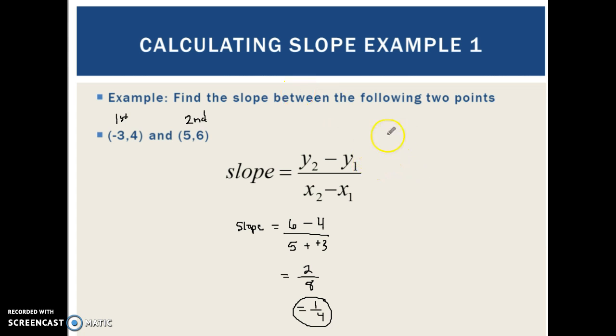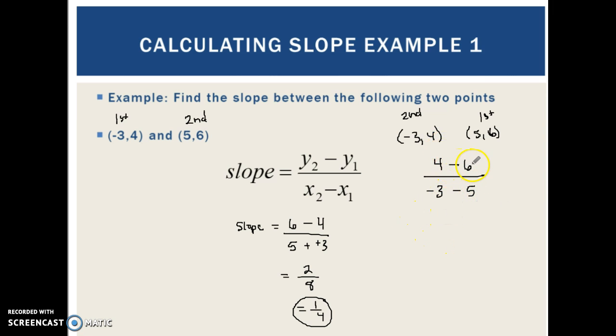Now I want to show you that even if you switch the order of these 2 points, and let's say we identify this one as our second point and this one as our first point, you actually get the same answer. So it doesn't matter which one you choose first. So in this case, setting it up following y2 minus y1, so 4 minus, this is a 6, so 4 minus 6 over my x coordinate of that point, so -3 minus the x coordinate here,